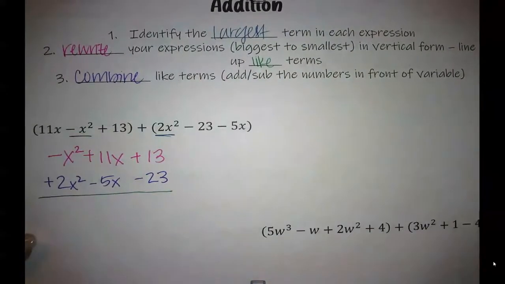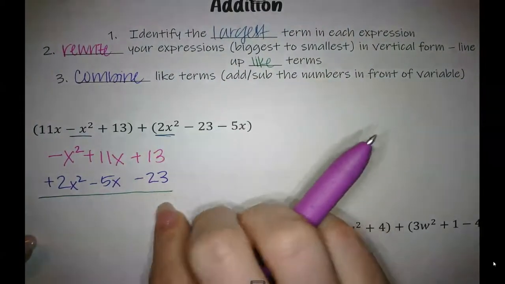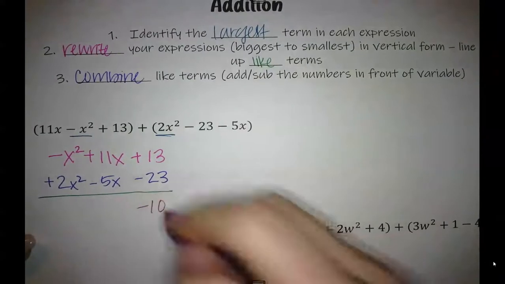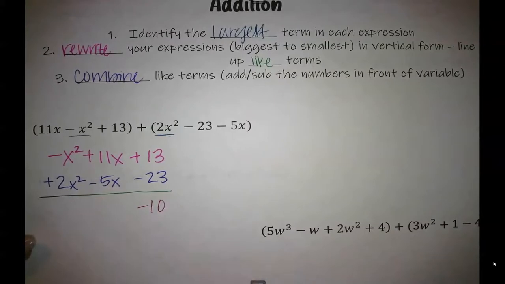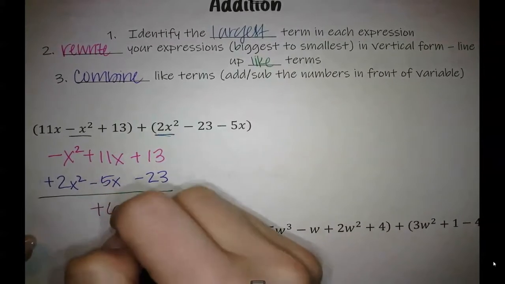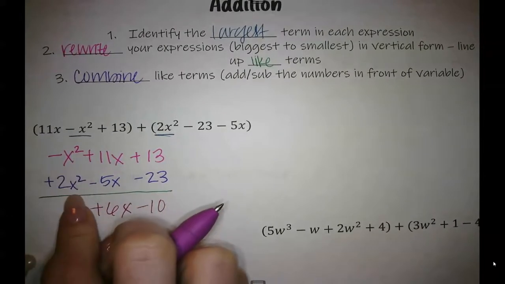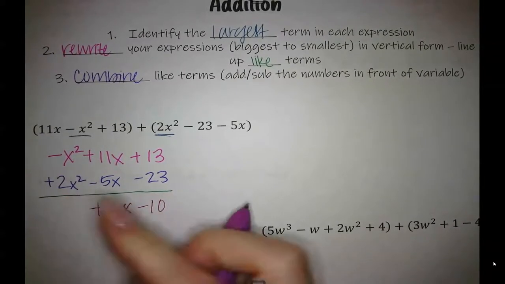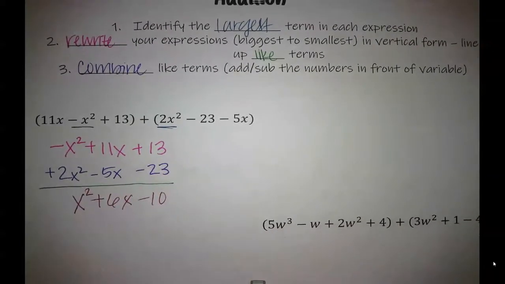So I'm just going to take it piece by piece, and I'm going to do 13 minus 23, and that gives me negative 10. 11x minus 5x is plus 6x. Negative x squared plus 2x squared is a positive x squared. And all I did to get that was literally,